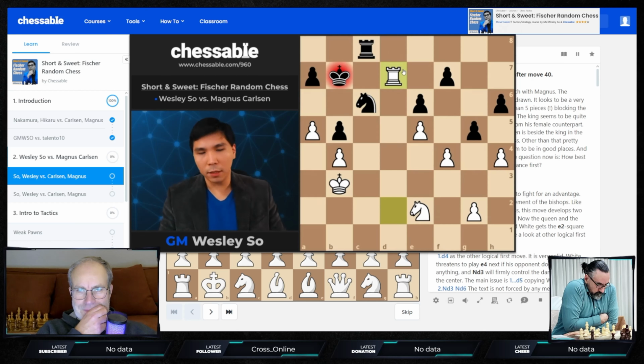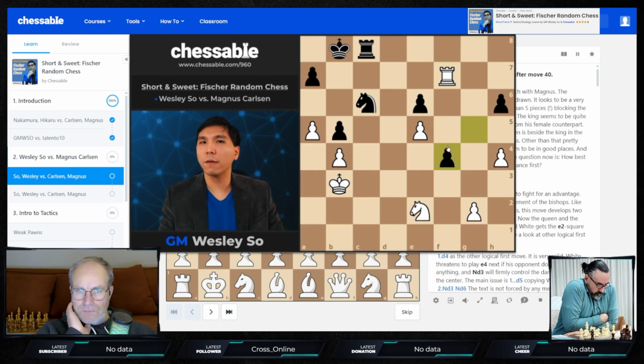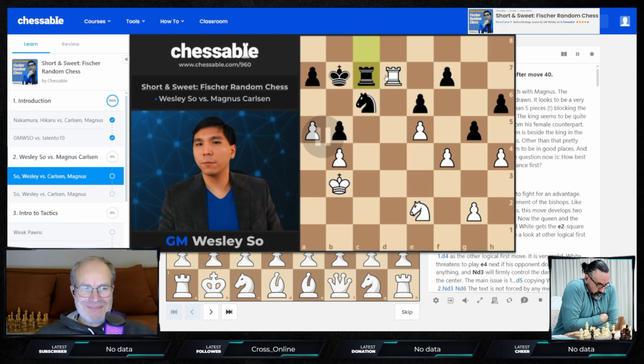Checking the king and threatening to take this pawn on f7. If black plays king d8, then after rook takes f7, I don't think that he can survive in this position. For instance, after gf4, rook f6, white will start picking up all of black's stragglers, picking up all these isolated pawns, and white should win sooner or later. But the reason I didn't play rook d7 check is black would also